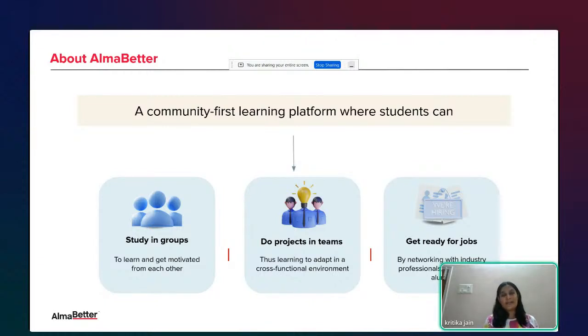Next is the project in teams. See, once you complete the program that we have of the 6 months, you have projects in your dashboard. So now we have live data from Swiggy, Amazon, Airbnb, Myntra, Flipkart, Zomato, all these companies, where you can come in teams and practice those projects so that you get hands-on experience on these companies, right? And definitely get ready for the job. Once you complete the project, you get a practical exposure, and then you are definitely ready for a job, right?